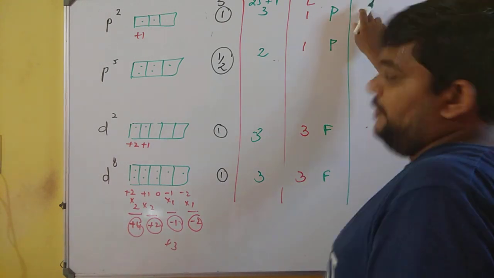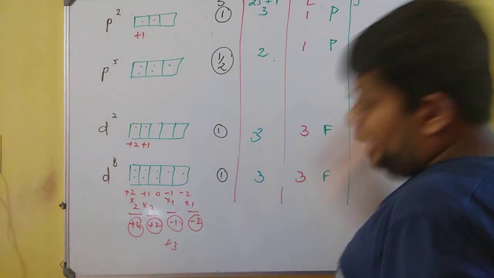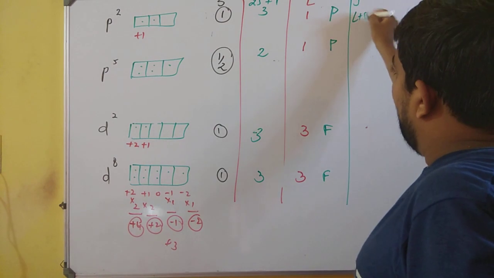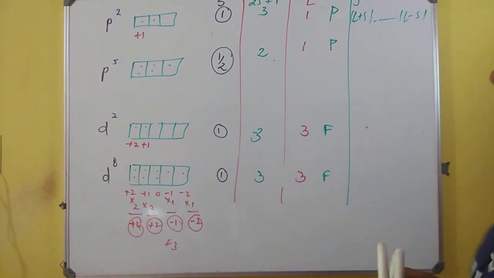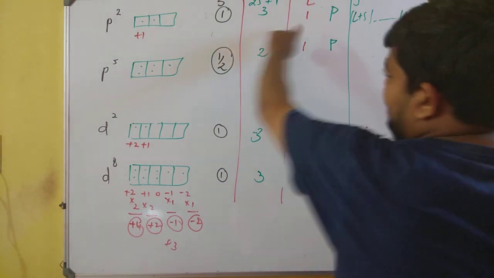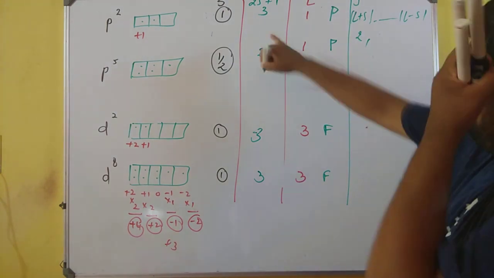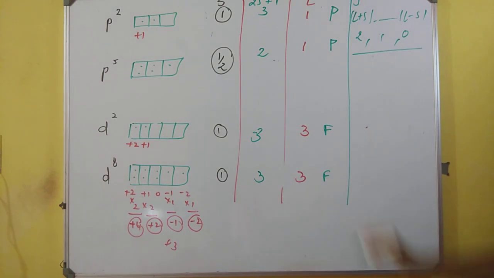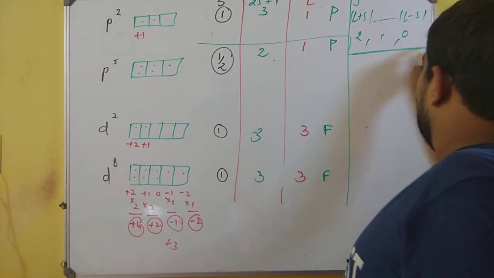See what happens to the first value. So I am going for the determination of the j values, and whenever we are going for the determination of j values, we will write L plus S up to L minus S. So see what happens. Over here, if I'll go for L plus S, S value is 1, L value is 1, so it is 1 plus 1, 2, and 1 minus 1, 0. So it will be 2, 1 and 0. Mind it very well, it will be 2, 1 and 0.